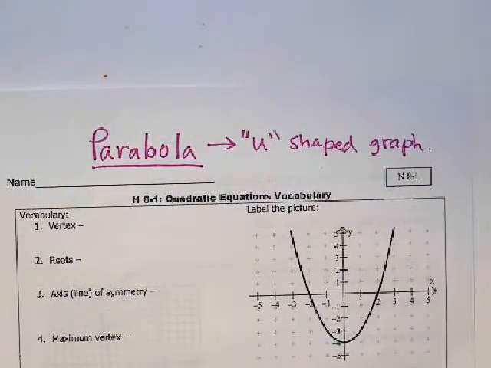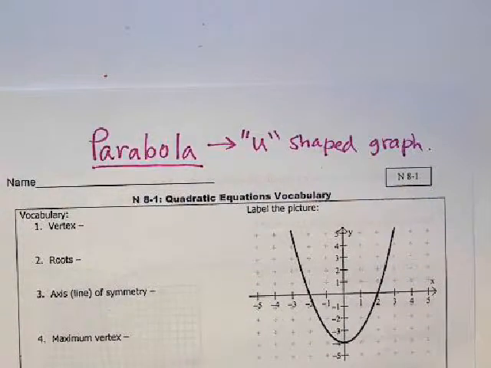Either like these two. Either up like this or down like that one. On the board, you can either open up or open down. No matter what, it's still a parabola if it looks like a U. Okay? Questions? All right, so today, because we have 10, 11, 12, I can't remember how many days of notes,